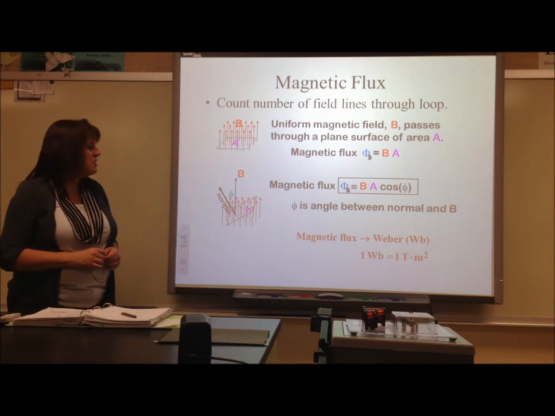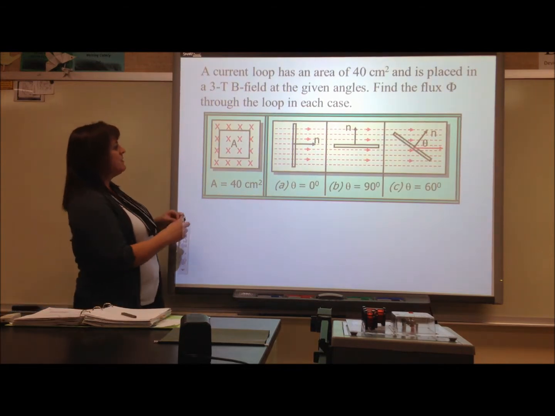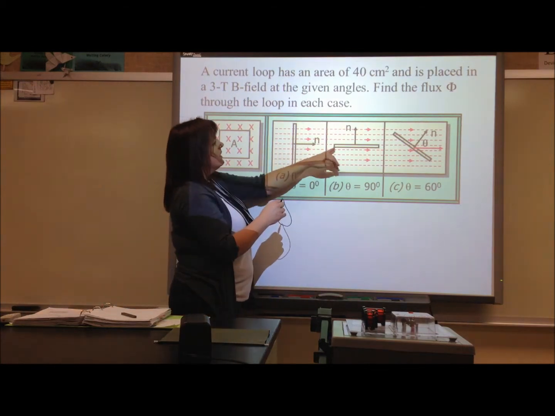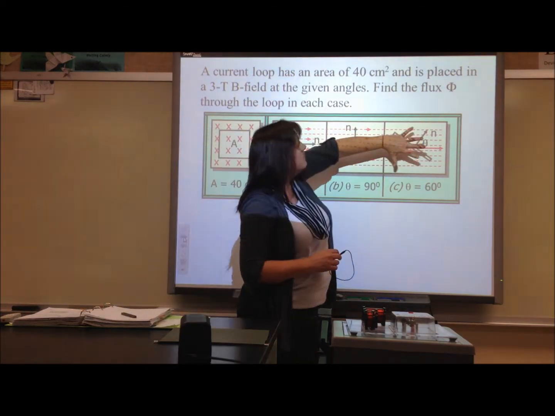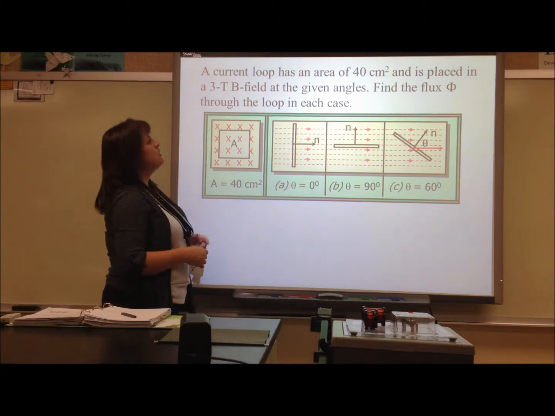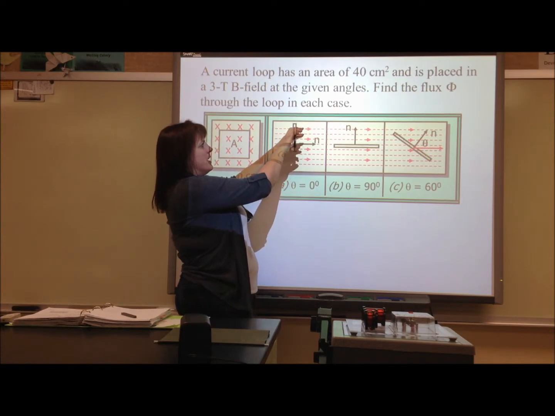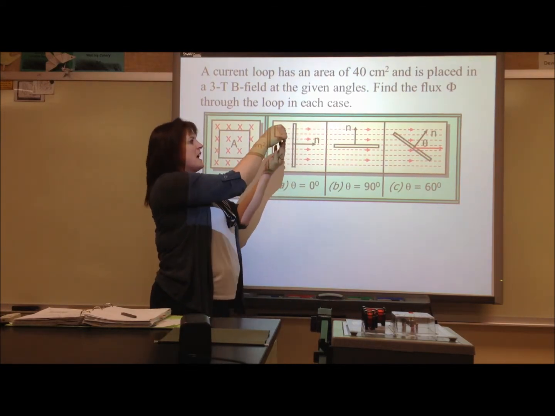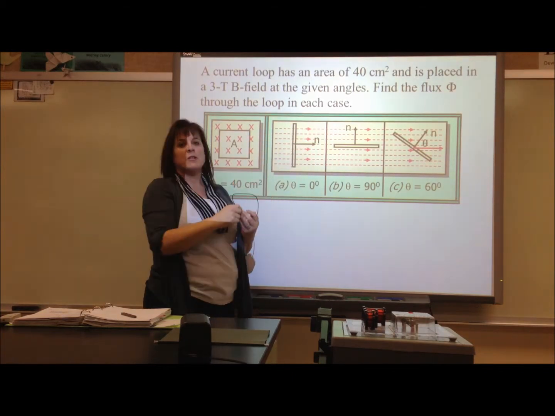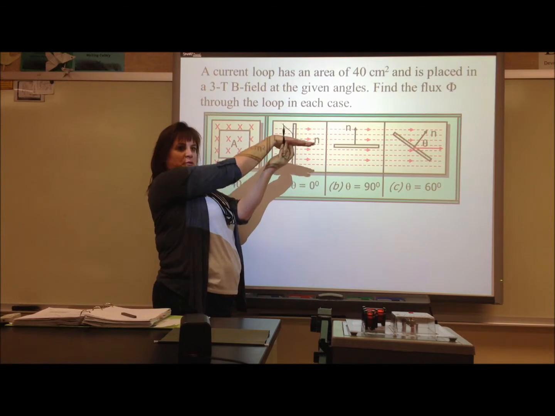All right, let's do some calculations of magnetic flux. Here I have a loop that has an area of 40 centimeters squared. Here's the magnetic field. The magnetic field is 3 Tesla, pointing directly to the right, and I have my loop with its area of 40 centimeters squared at different angles. Here is the loop in this orientation, which means that all of the magnetic field is perpendicular to the surface of the loop, which means it's parallel to the normal line. The normal line is the line we're interested in. Here I have the maximum amount of flux,